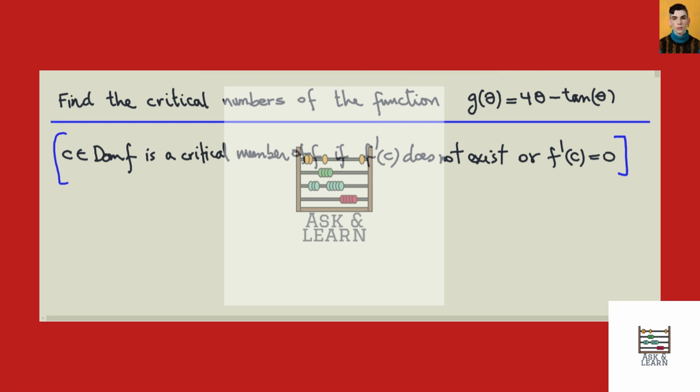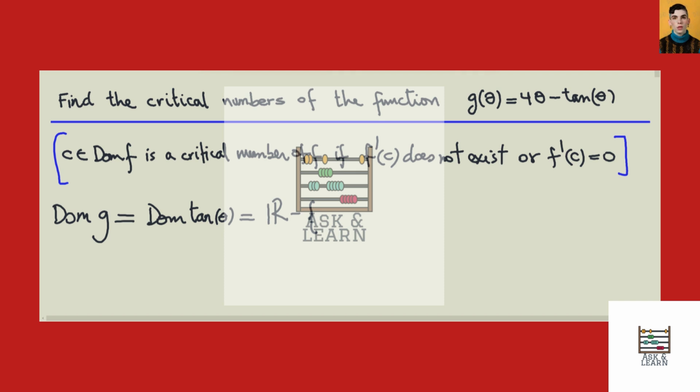So the first thing we're going to need to know about the function is the domain. And now we can say that the domain of g is equal to the domain of tangent of theta, because the only restriction in the formula of g is given by the restrictions on tangent of theta. And we know that is the real numbers minus